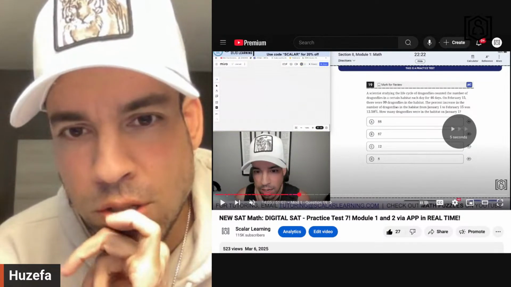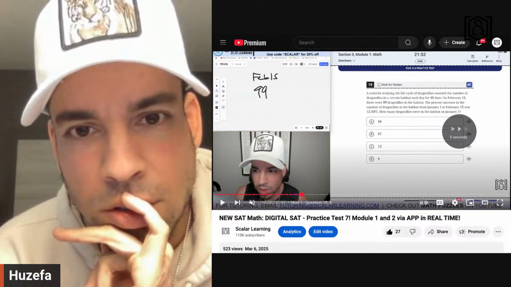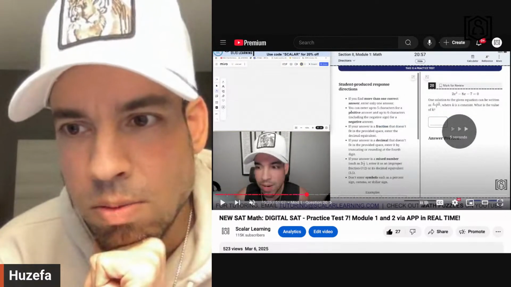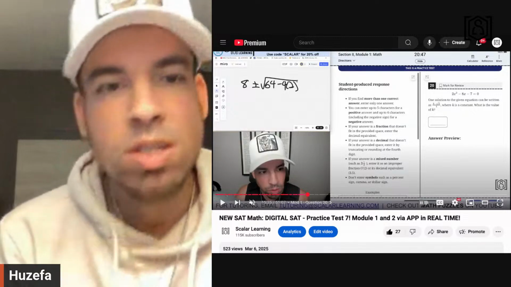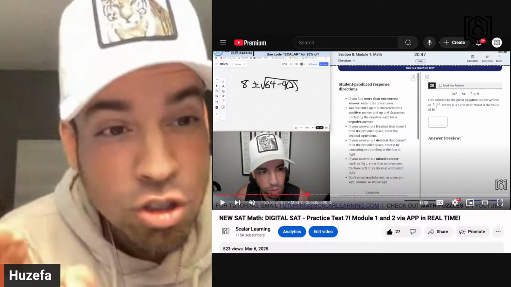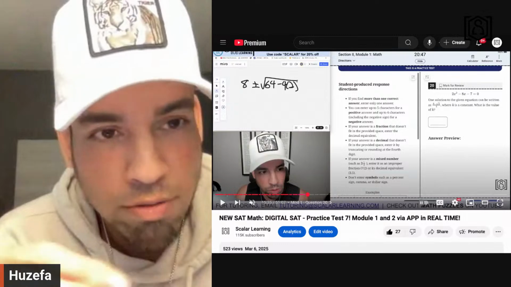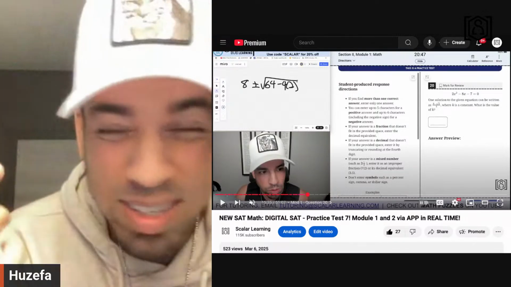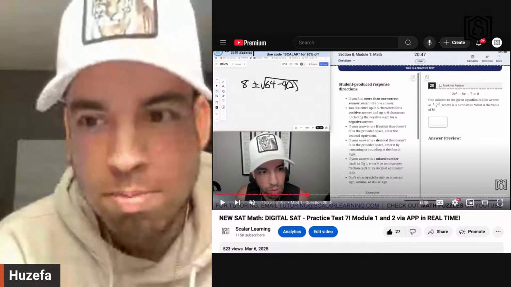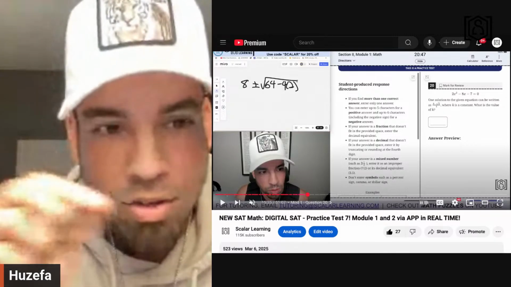This one was pretty much a typical percent problem. Nothing crazy here. Again, just set up an equation, knock that one out. This one is a great one. Okay, this is a quadratic, but they're hinting at you that you have to solve it with the quadratic formula. Again, meaning you can't really do it on Desmos. I mean, you kind of can, but this is going to be much better solved by hand using the quadratic